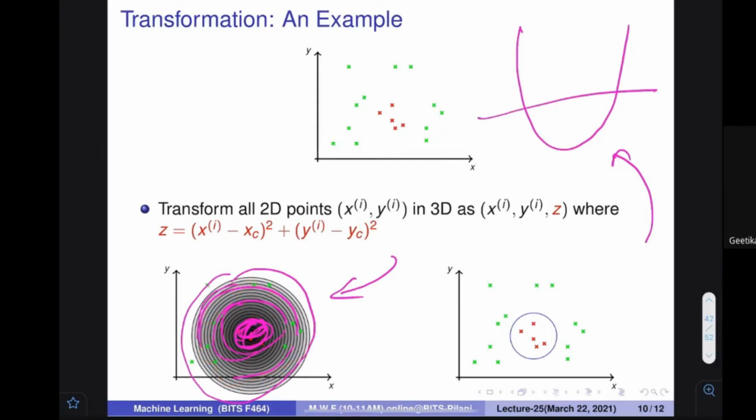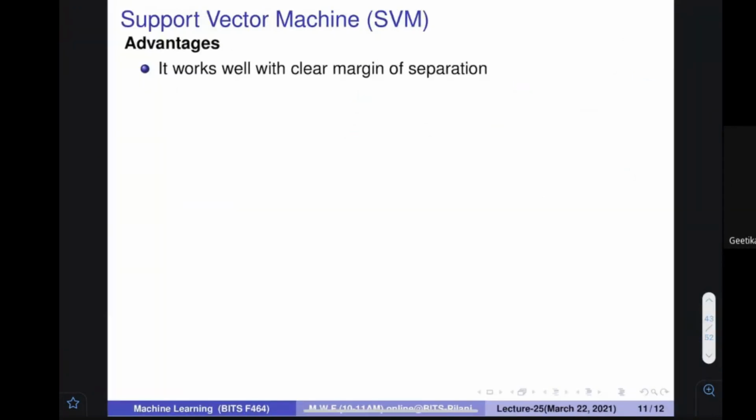So you can draw a line that can cut, and if you trace those points which are over here, it comes out to be a circle. So you can see that again. You can find a hyperplane that can separate all the data points. So for the data points which are not actually separable, we have seen a method that by introducing one more variable, we can separate the data points into two parts.